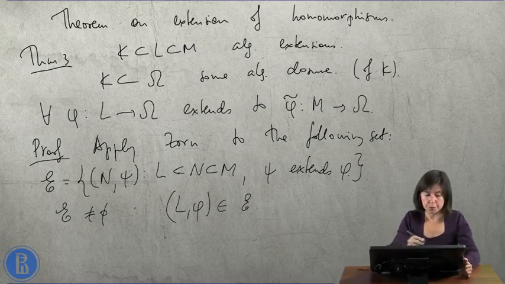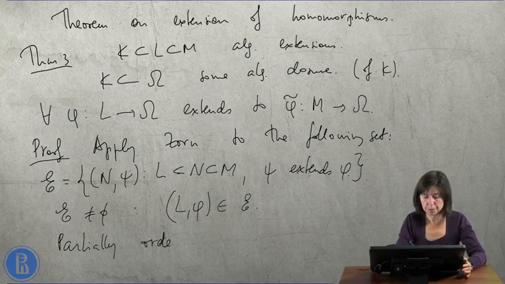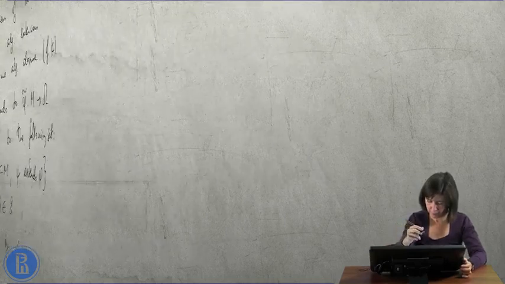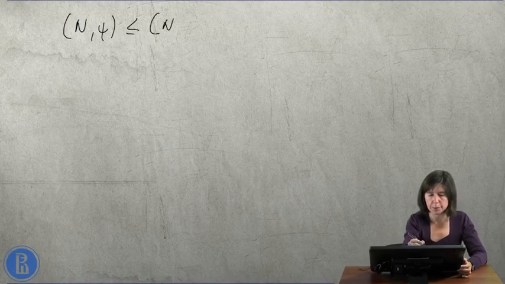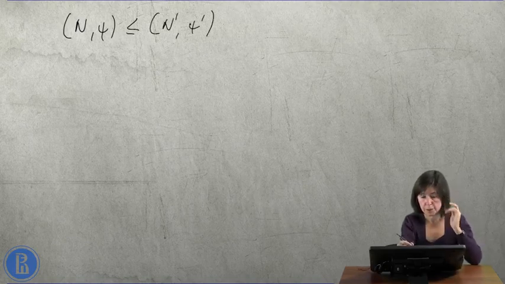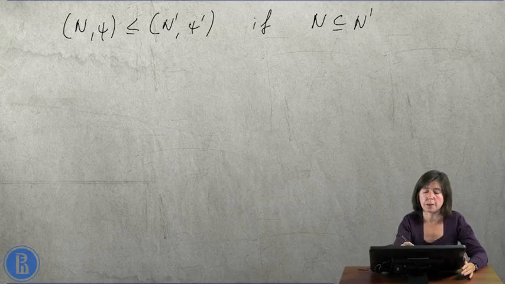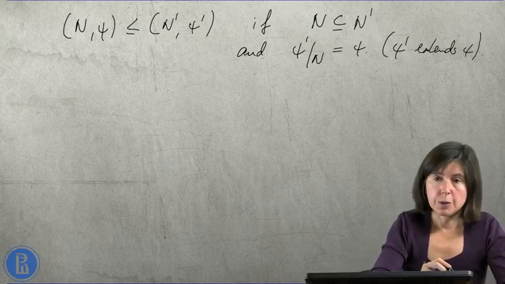Then what is the order? E is partially ordered by the following relation. So let's say that (N, psi) is less or equal than (N', psi') if N is embedded into N' and psi' extends psi. Now, any chain